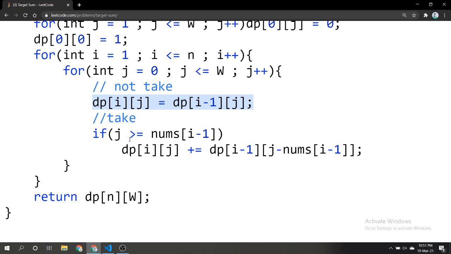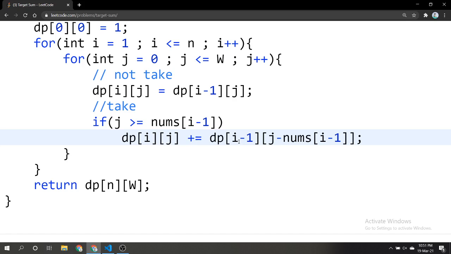Okay, so when I take the ith element, I will add the number of subsets from the first i elements whose sum is equal to j minus nums[i].